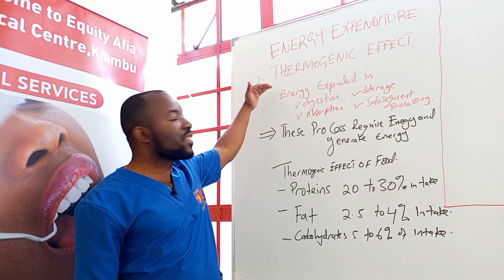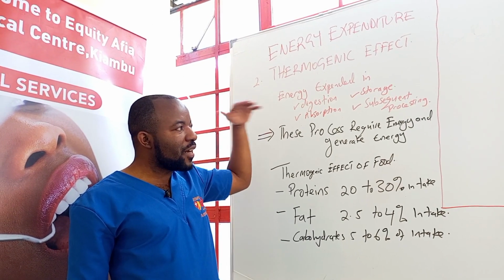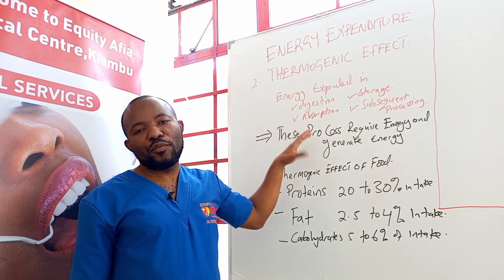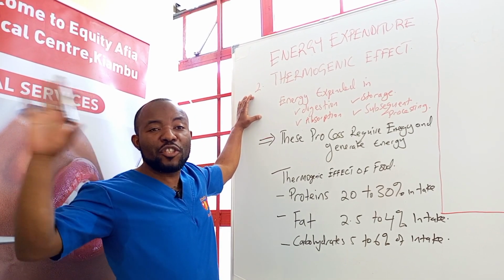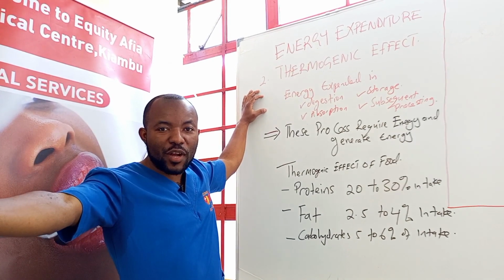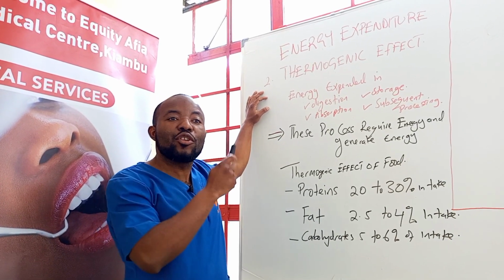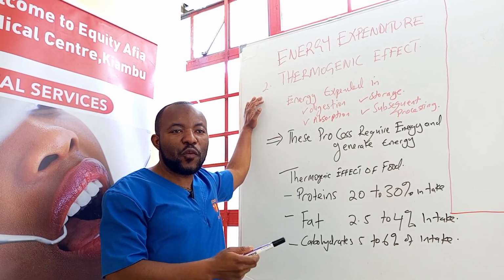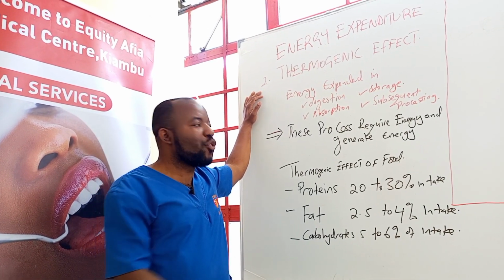Now we come to the second component of energy expenditure, and by far this is the most important. This is the little known one. There are few people who know about this. Many people know about the gym, which is physical activity. We shall look at physical activity. But many people think losing weight is about going to the gym. This is the reason why losing weight is not about going to the gym. If you go to the gym, the weight you have lost, you regain it because of this.